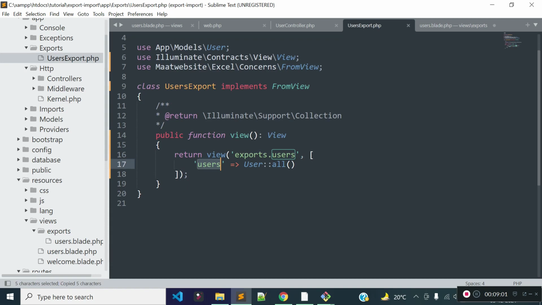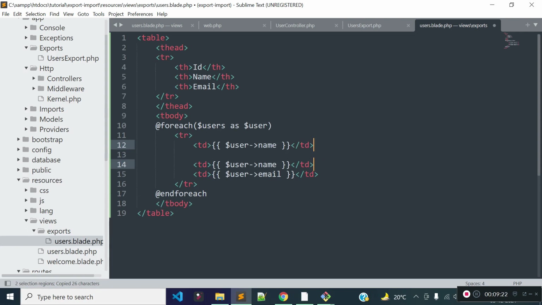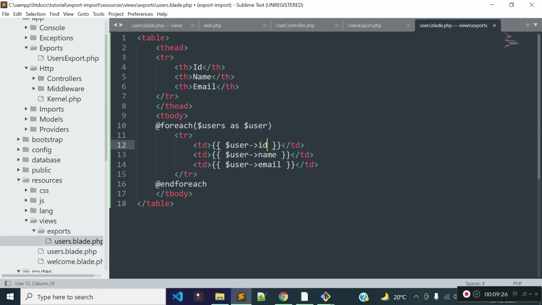You see the variable name is users, so we can get the users variable here, and this will be a collection. So I'll loop the users data here, and this will be user. Then I'll display user ID in the first column, user name in the second, and user email in the third column.